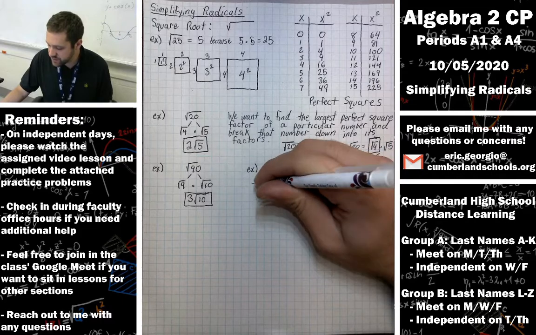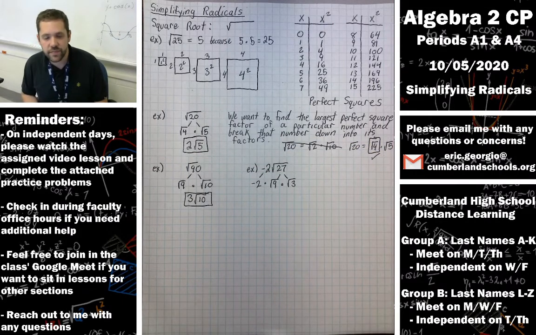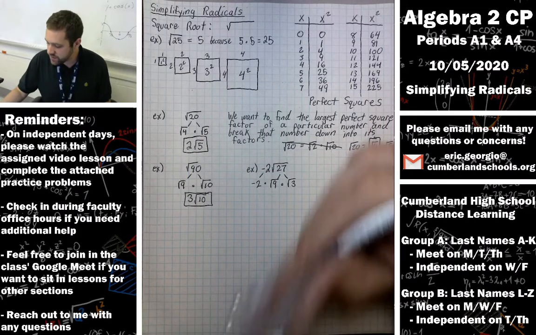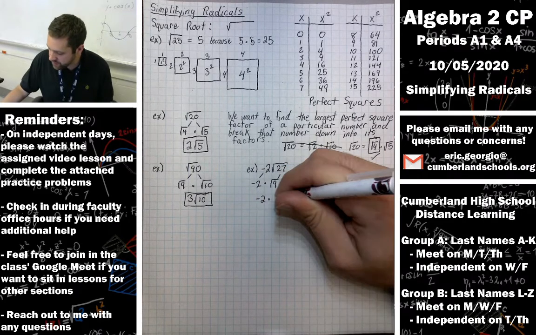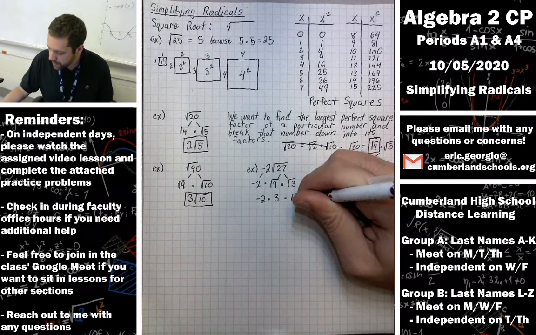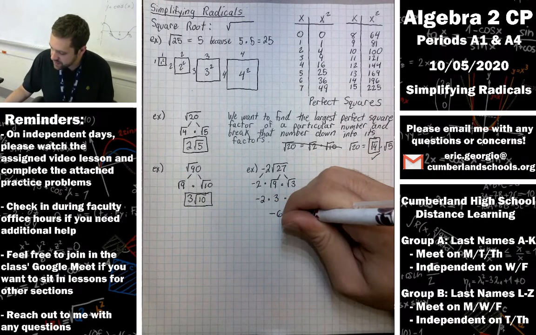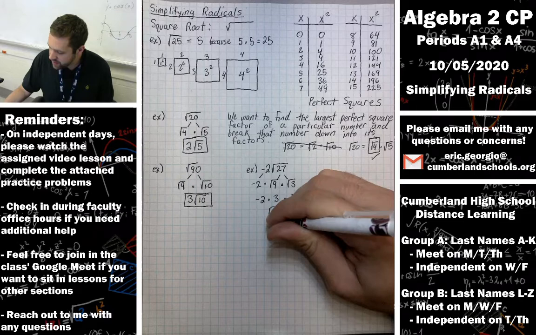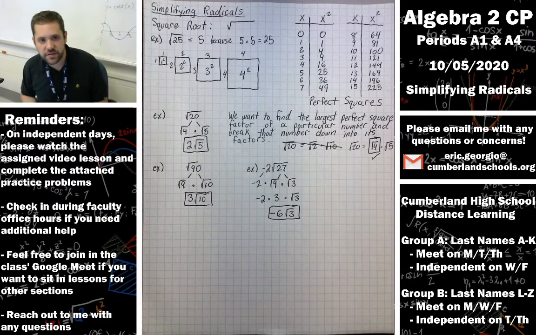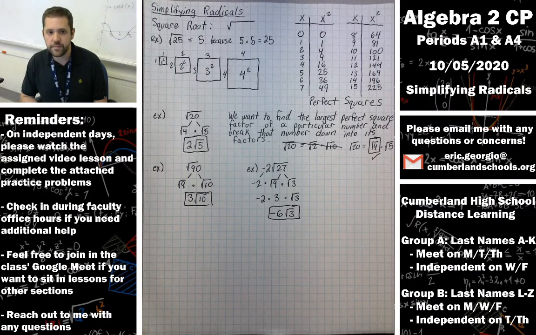And this negative 2 is just going to hang out on the outside here. The square root of 9 is 3, so I get negative 2 times 3 times the square root of 3. And then I just multiply the numbers on the outside. Negative 2 times 3 is negative 6, square root of 3. So an easier way to write negative 2 times the square root of 27 is negative 6 times the square root of 3. Alrighty,